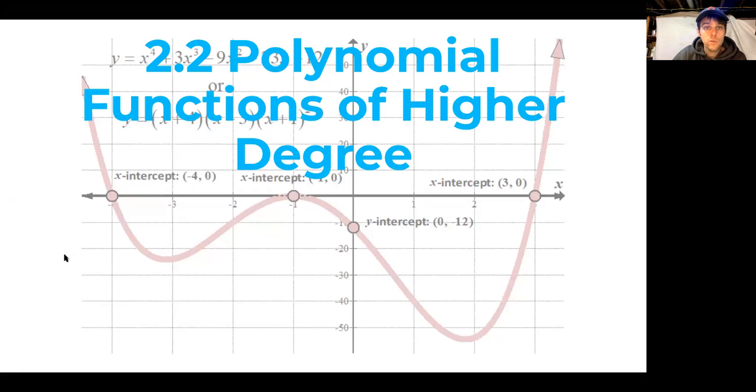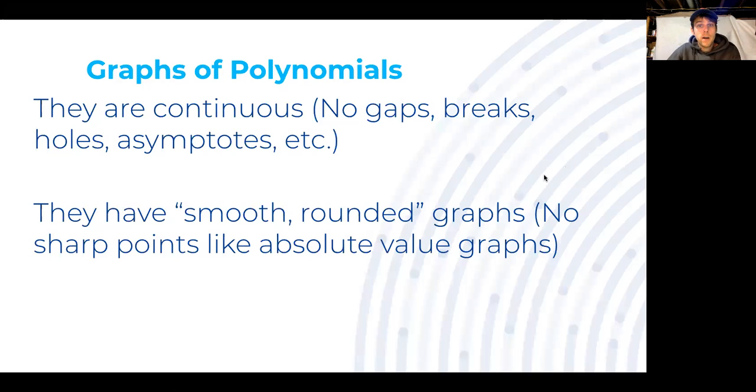All right, so 2.2, polynomial functions of higher degree. So we're going to be talking about x cubed, x fourth, x to the fifth polynomials. So last section was all about quadratics, so those were x squared. I just want to remind you, polynomials have graphs that are continuous, meaning they have no gaps or breaks